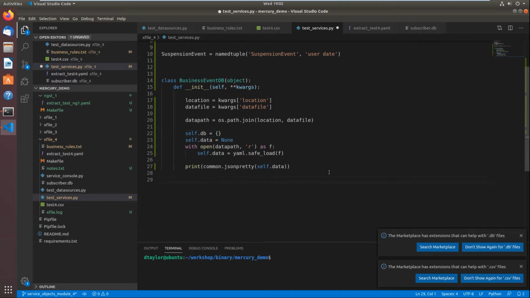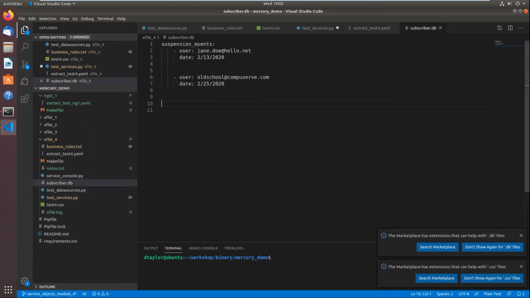Okay. And then I'm going to say for s in self.data, and let's assume for now suspension events. Oh, that's the typo. Let's assume that there will always be a suspension events